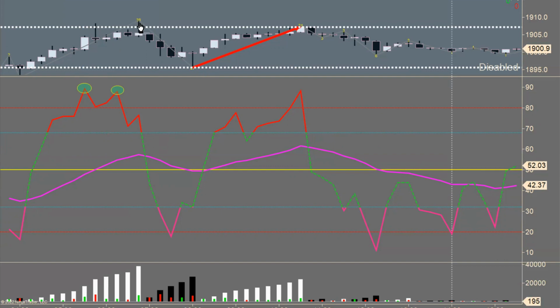Here is another sell signal. This one worked and we got about $1,000 out. I don't know if we got 1,000. Let's see what we got. So right here, the high of that candle there is 1909, and the low of this candle here is 1895. So let's look at it from 5 points and then 9 points, 14 points, irrespective of the ticks. I'm not going to try to do that arithmetic, but 14 points is $1,400